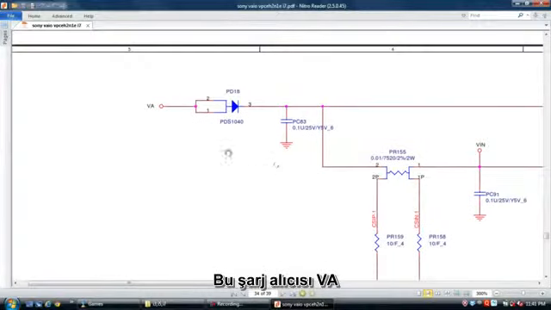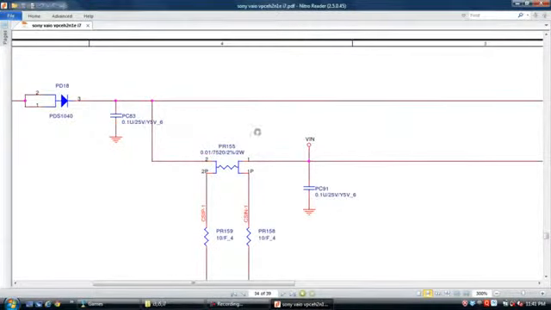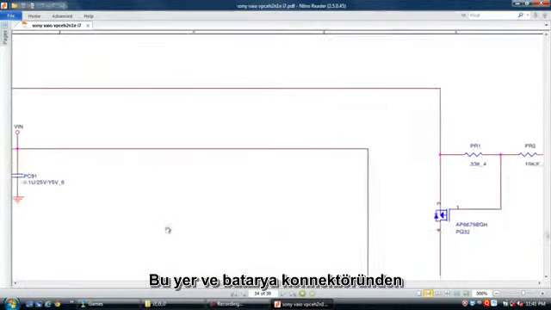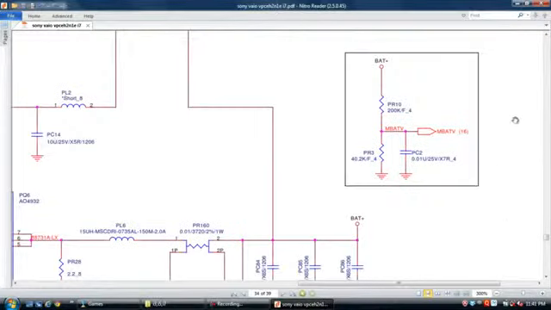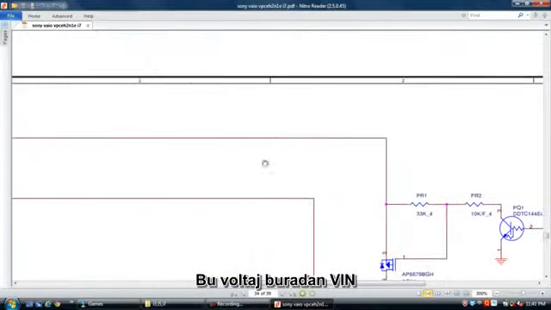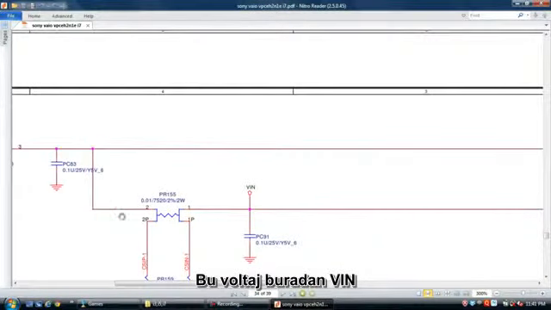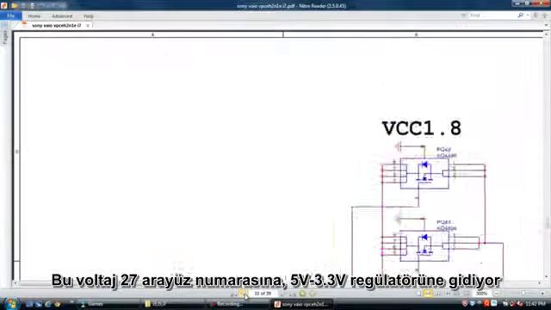This is the charger IC, VA. This voltage comes to V in, and from the battery connector BAT plus comes here. This V in voltage goes to page number 27, the 5 volts and 3.3 volts regulator.